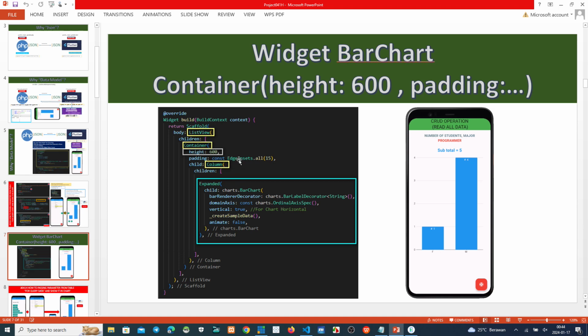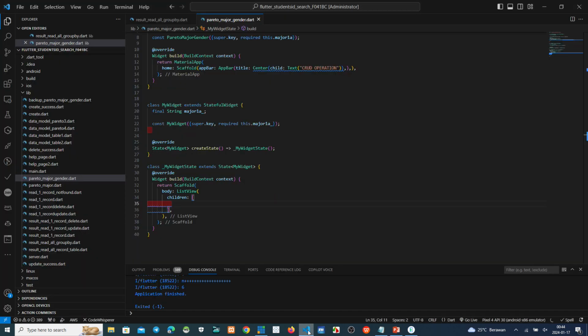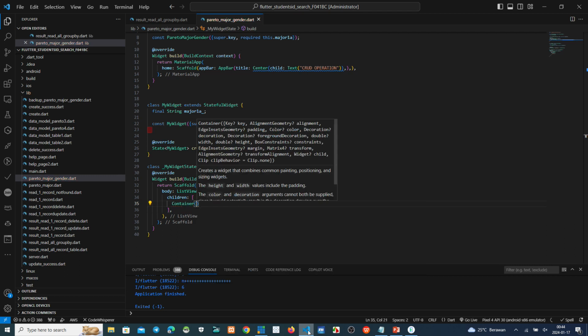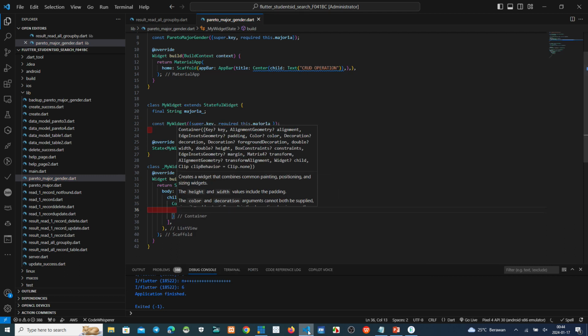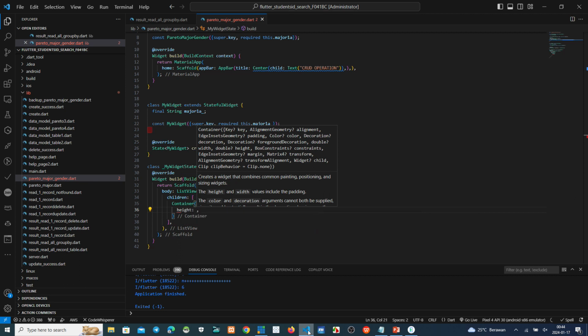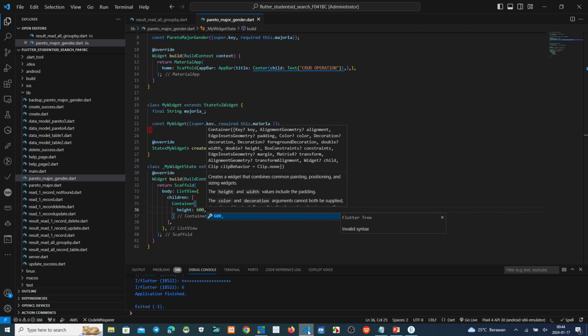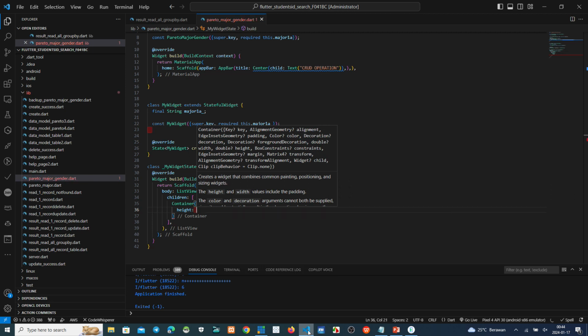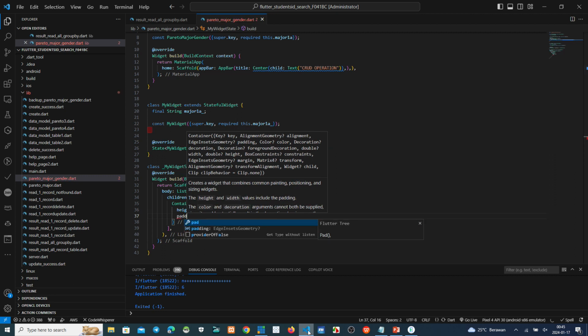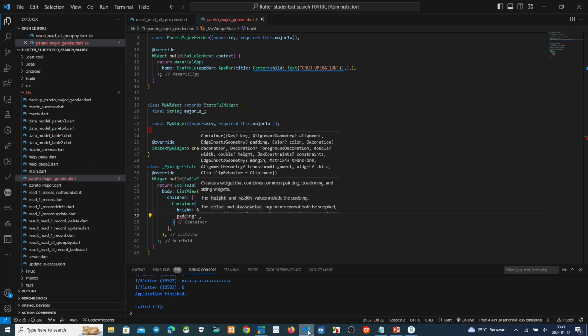Okay, now we make a container first. This one, container. Okay, this one, make the height 600, and then make this padding. Where is it? Padding. This one.